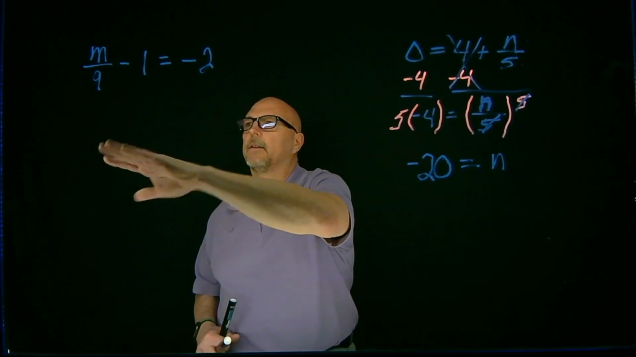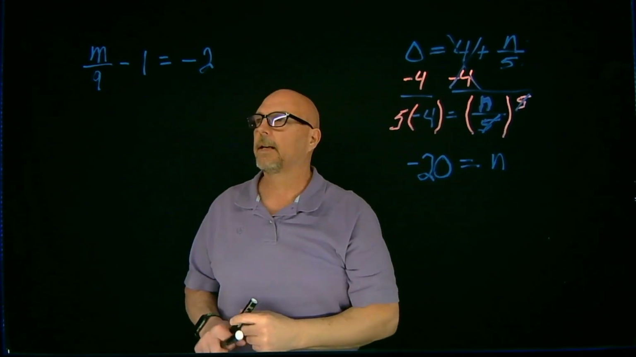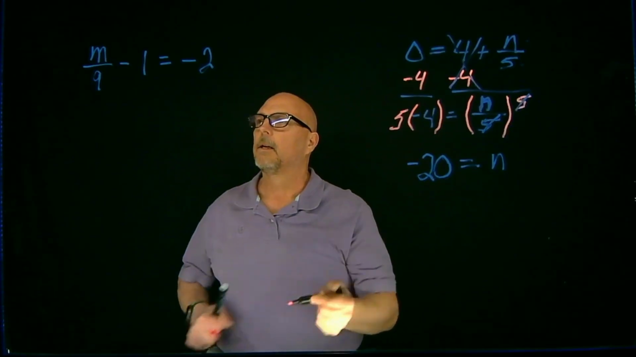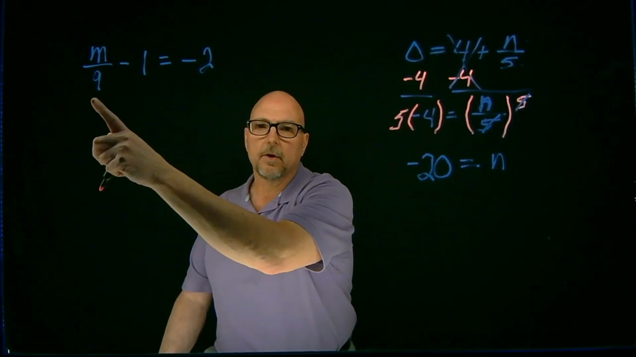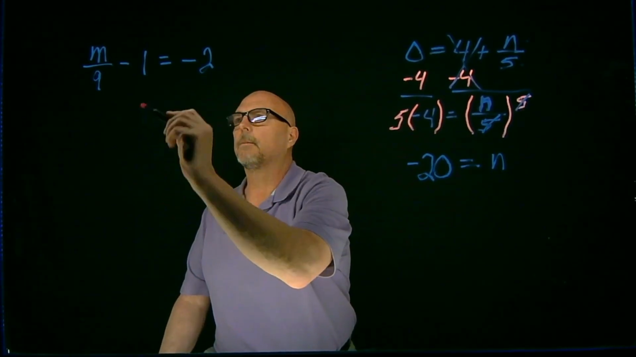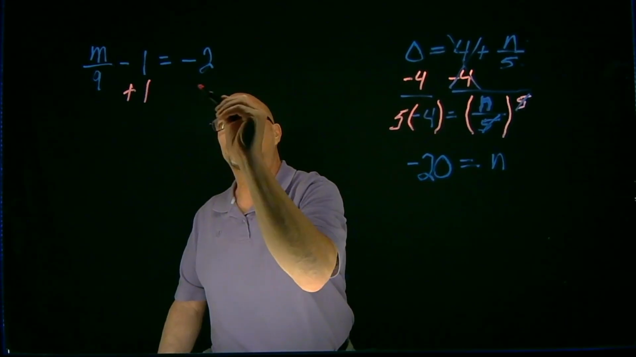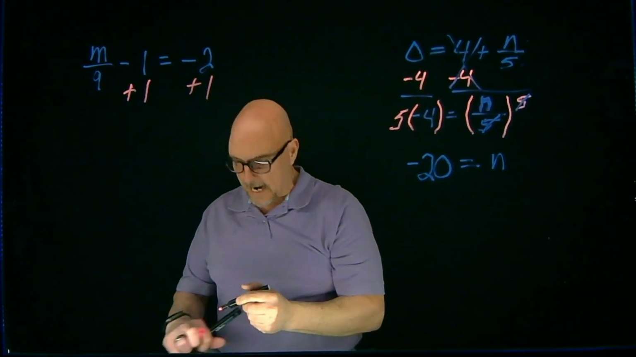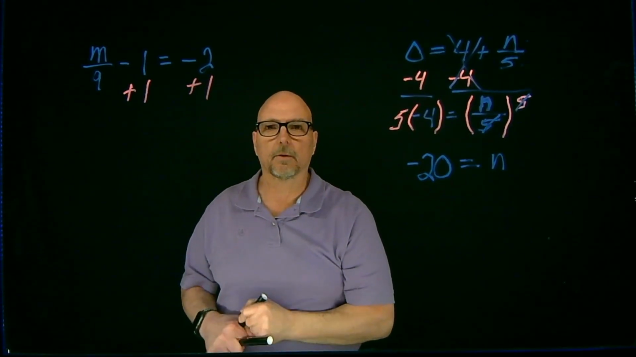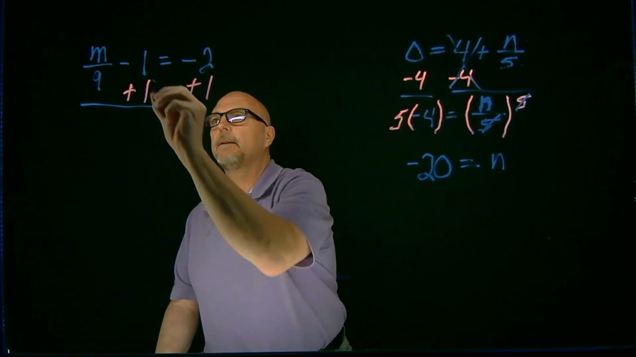Similar, over here, it looks like I have a fraction. It looks very complicated, but it's not. Because remember, what you want to do is isolate this variable term. So get rid of the minus 1 by doing its opposite. That would be a plus 1. So on the left-hand side,